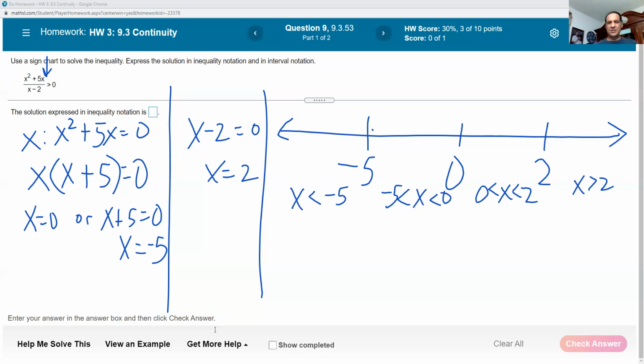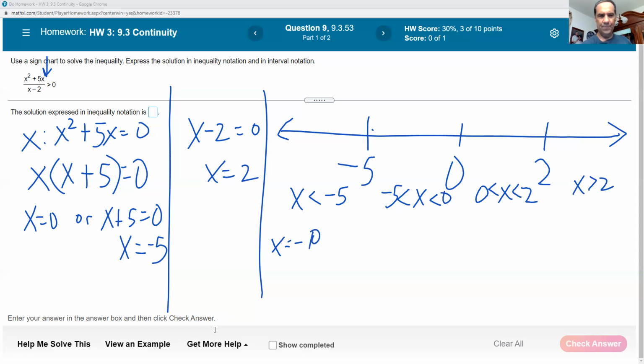But what you have to do is go through each of the intervals and test values in each of the intervals. And it ends up being very cluttery when I put this on one sheet of paper. I often do this on a separate one. So let's pick a value like, for instance, x equals